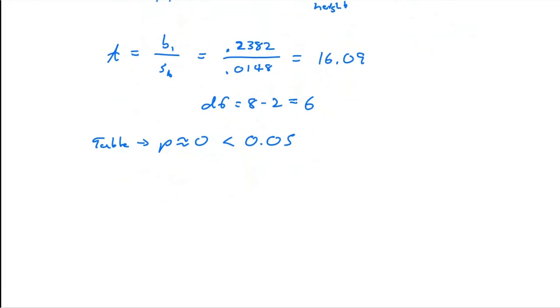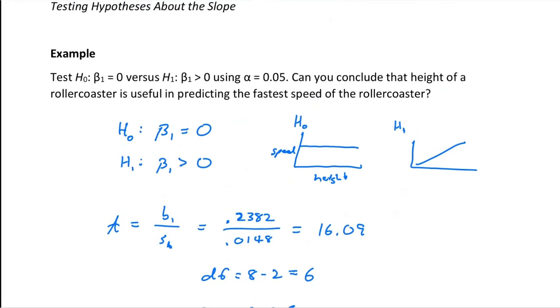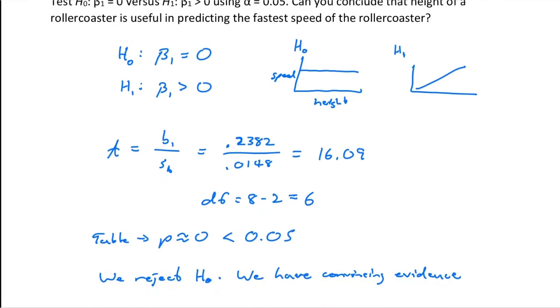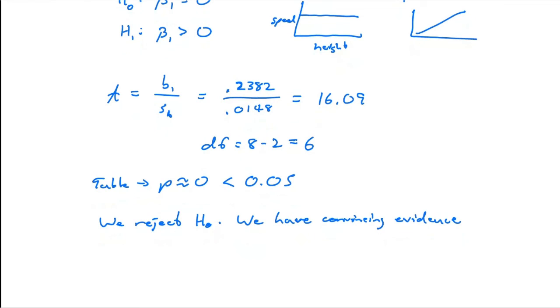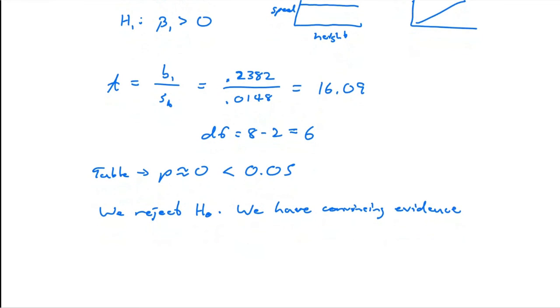Okay, so let's write that out. So we reject the null. Basically, I'm just going to say because there is convincing evidence, however you'd like to say that. In this case, because we're saying that the slope is greater than 0, we're saying that correlation is positive, right? So again, as height increases, top speed also increases. So I'm going to say exactly that. So we have convincing evidence that